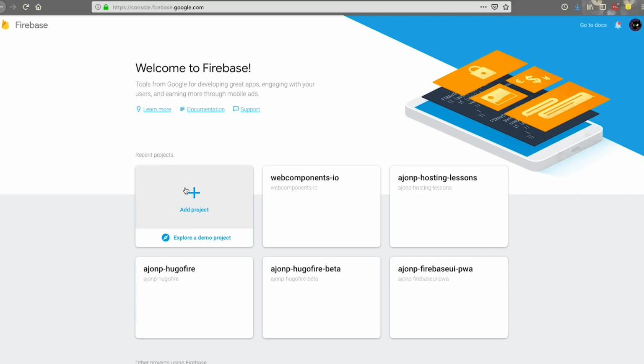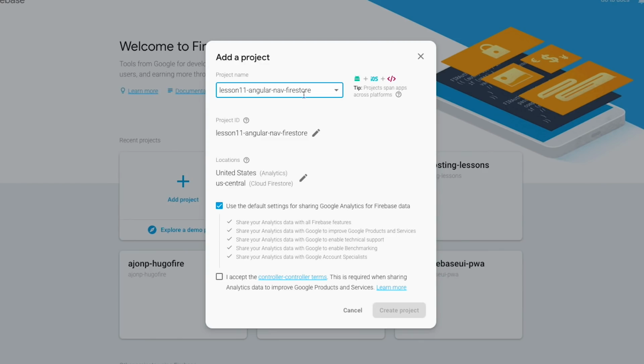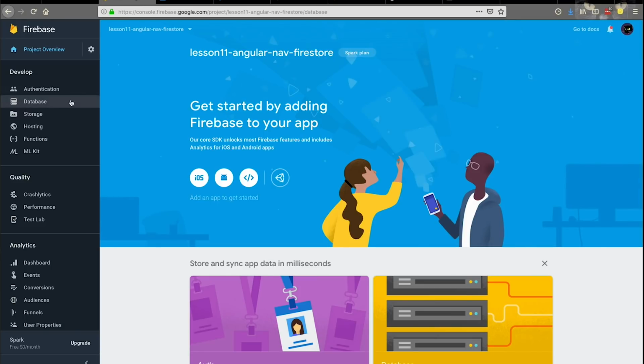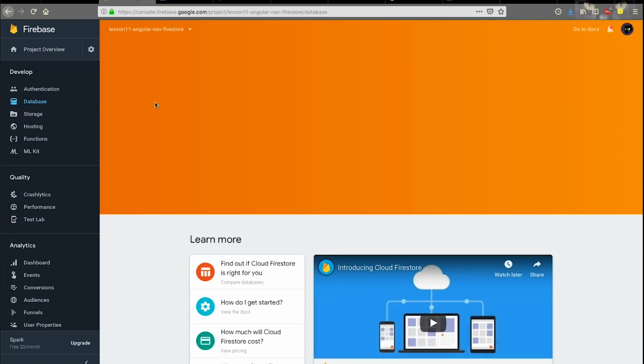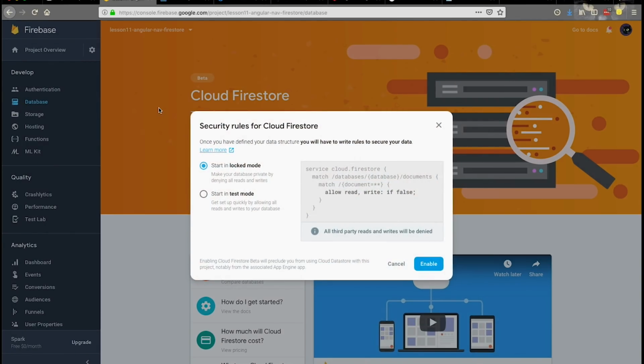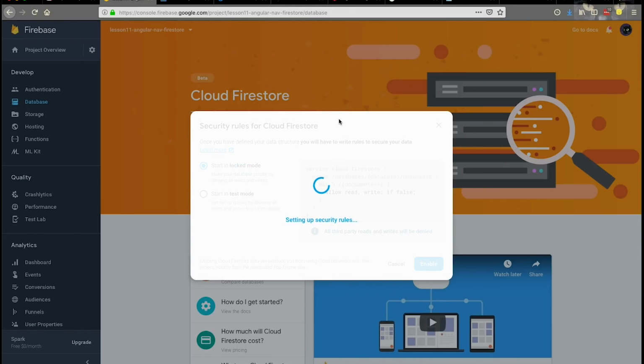Because we're going to start using Firestore as a backend, we need to add a new Firebase project. And inside of that project, we need to select database, and then it should prompt you immediately for the Firestore. If not, there should be a toggle to select. You can then create a database, and we're going to do it in the locked mode. And I'll explain that as the video goes. You'll see the failures and how to adjust to those. I think it's important to start all of your database projects in a locked mode to get the experience of